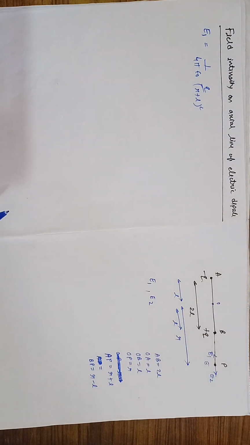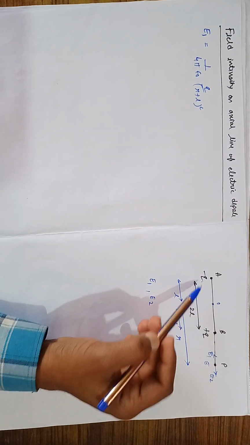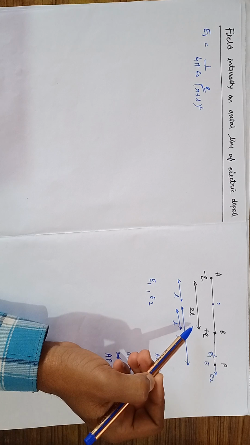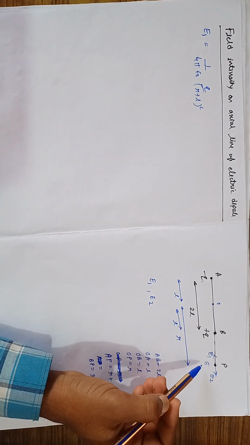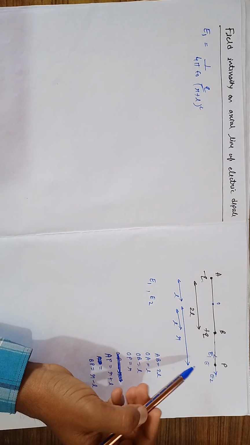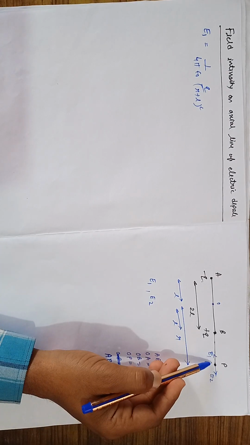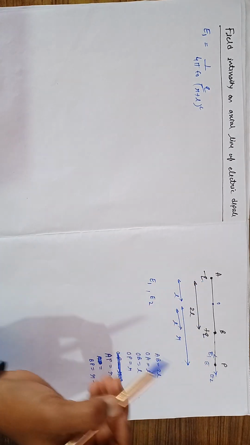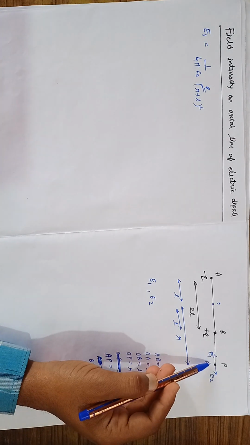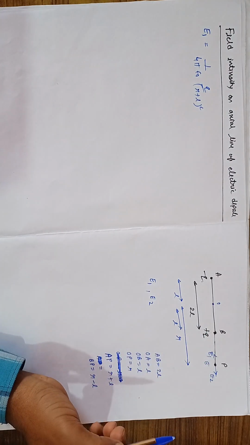Now we will discuss the field intensity on the axial line of an electric dipole. Let us consider an electric dipole consisting of two point charges minus q and plus q separated by some small distance 2l. We have to calculate the electric field intensity E at P on the axial line of the dipole. If E1 is the electric intensity at P due to charge minus q at A, and E2 is the electric intensity at P due to charge plus q at B, then